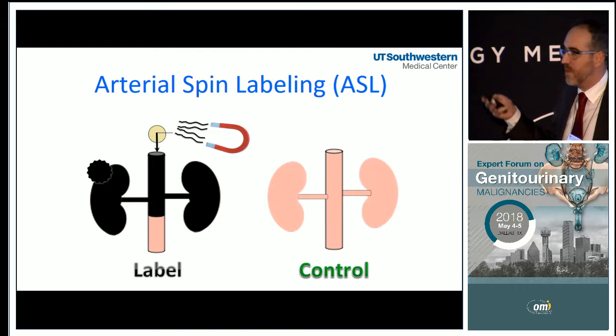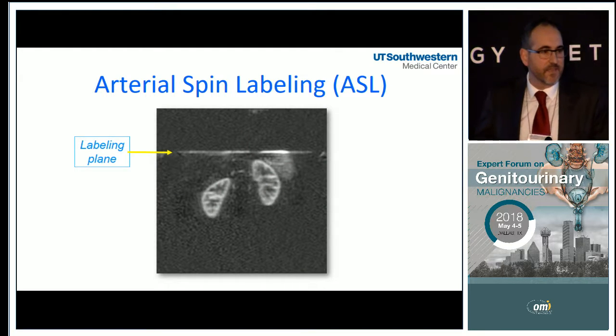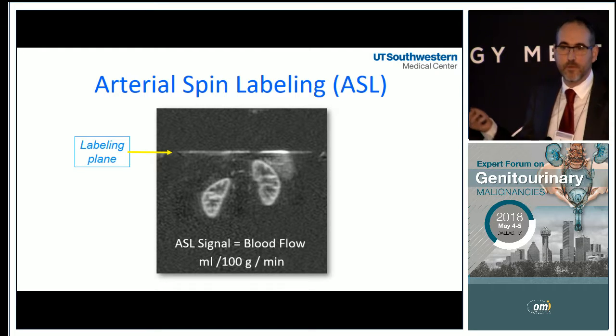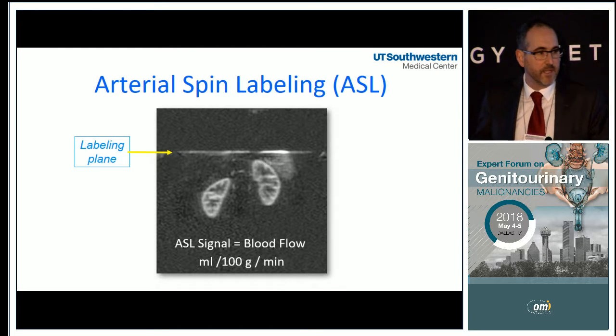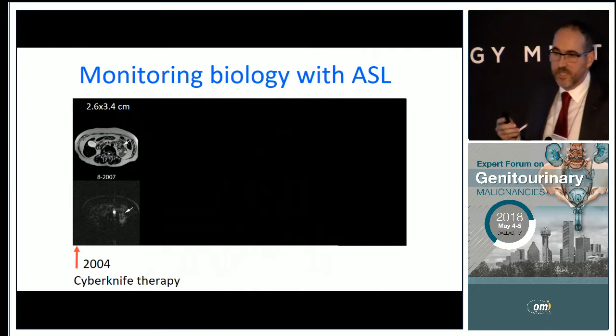So if you do 2 images, one with the label and one without the label, and you subtract the 2, you get an image that looks like that, where the high signal intensity corresponds to perfusion, and you can actually measure tissue perfusion in mLs per 100 grams of tissue per minute. So again, how can we use this